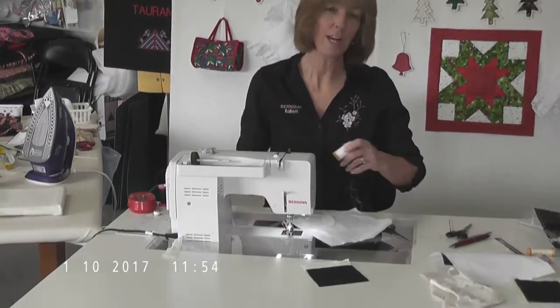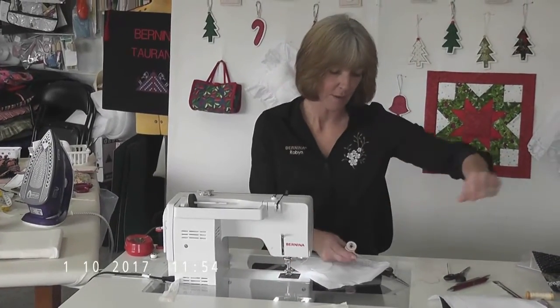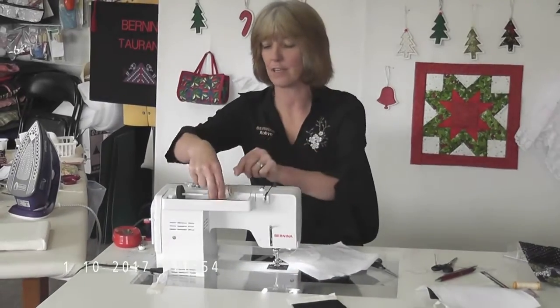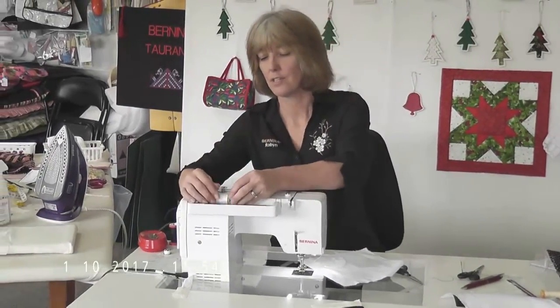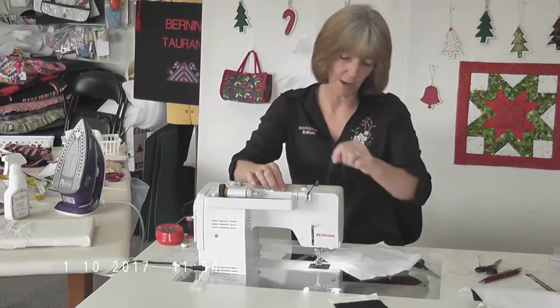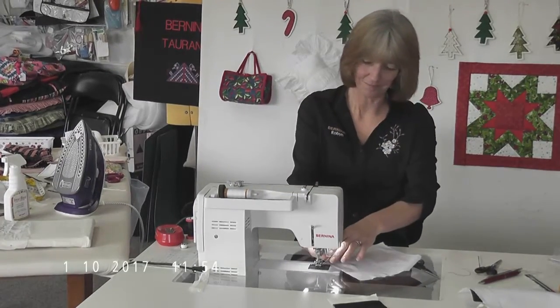But when you do that, what you need to do is you need to move your needle position over, because your needle position needs to be on the edge of your lace. So let me explain that to you. So I'll show you what we do. So I've just got my cotton thread back on, my number 10 edge stitch foot,